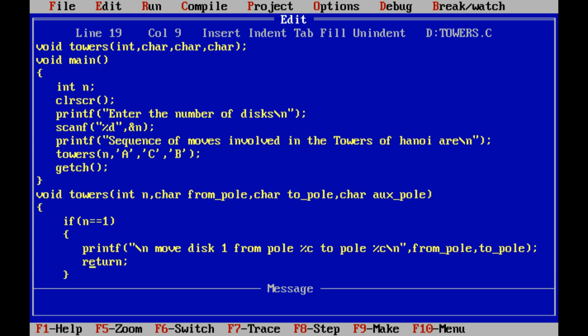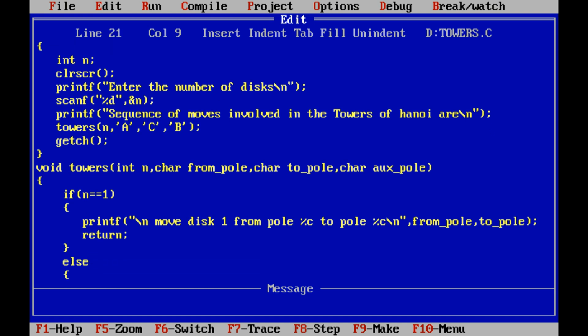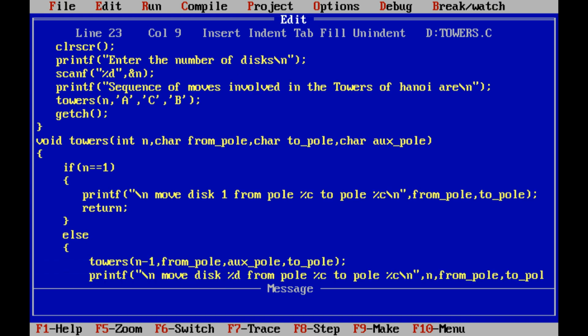That means return nothing. Suppose the number of disks is more than 1, this condition fails. If this condition fails, then the control goes to the next statement after the if block, that is, the control goes to the else block. In the else block, the first recursive statement is towers of n minus 1, from pole, auxiliary pole, to pole.